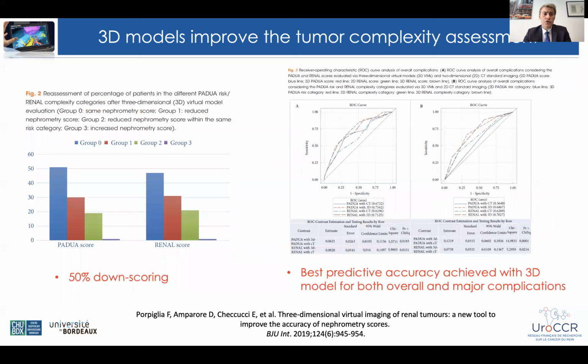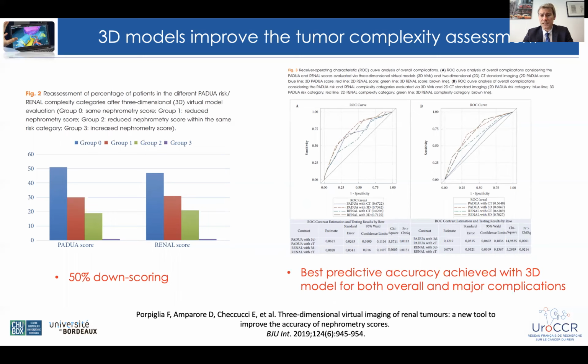So what are the conclusions of the authors? First, with the help of the 3D model, the surgeon will have a different ability to assess the complexity of the tumor he will have to operate. And you see that in this study, they reported a 50% downscoring of the tumor when 3D models were used